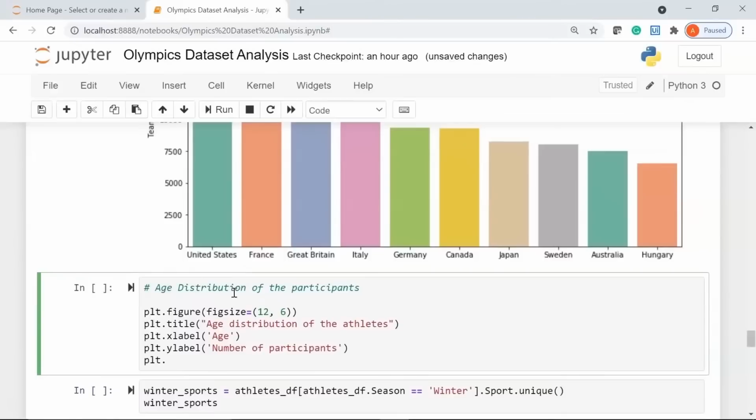Next, I'm going to use the hist function. So I'll say plt.hist, and I'll pass in my data frame, that is athletes_df.Age, which is my column name, comma, I'm going to pass in the bins. For that I'm going to use the np.arange function. So np is for NumPy, and inside this I'll say 10, 80, 2. So my bins will start from the value 10 and go until 80 with a size of 2,